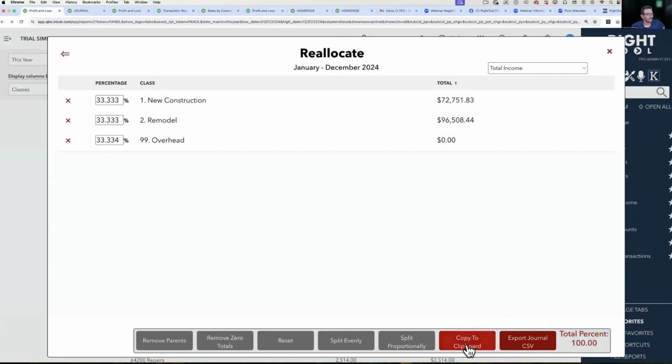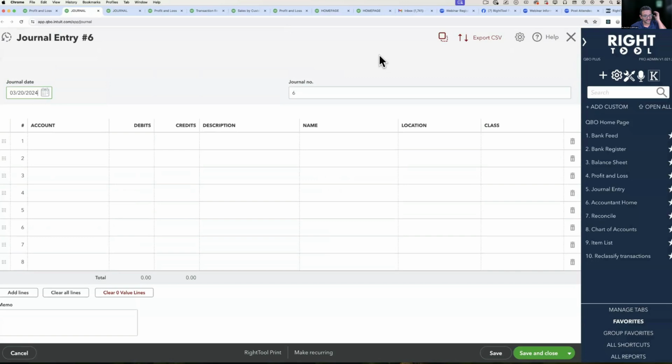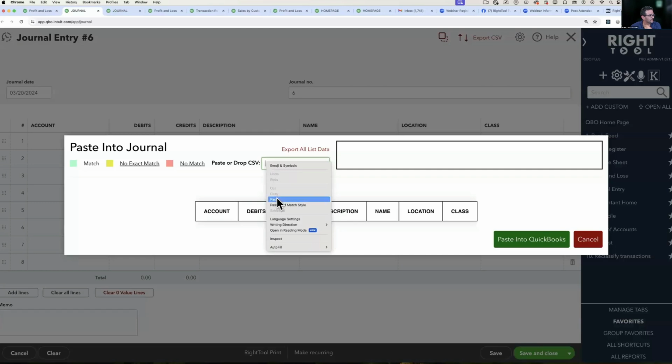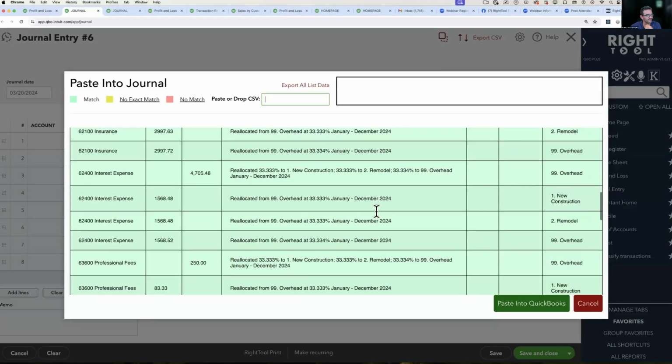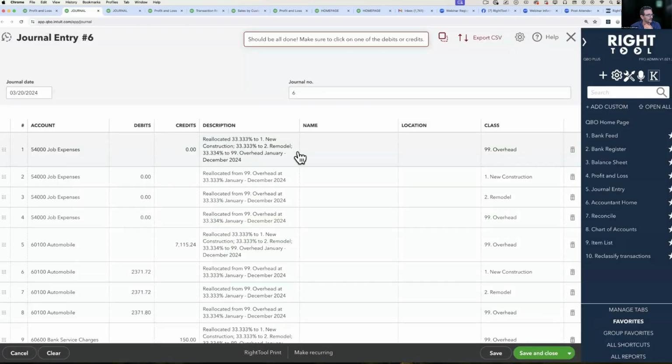Okay, so then we'll copy to your clipboard, click OK. We're going to see a much bigger, much more complex journal entry here. So let's go ahead and paste this, and let's click on paste. And now we have a much larger journal entry. When I click on paste into QuickBooks, again, the bigger the journal entry,